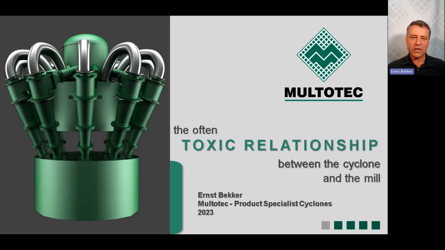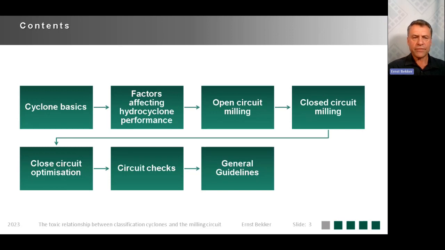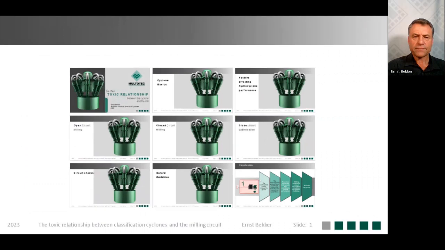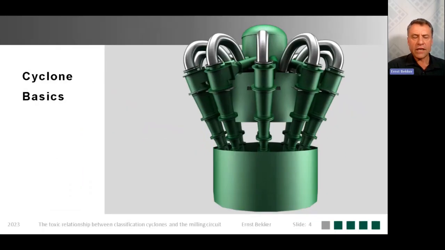In this section, we're going to look at the relationship between the hydrocyclone and the milling circuit. We're going to look at high-level basic information and then at factors that can influence the performance of this unit. I'll be looking at cyclone basics, factors affecting the hydrocyclone performance, open circuit milling, closed circuit optimization, followed by circuit checks, and then general guidelines. So looking at the cyclone basics,